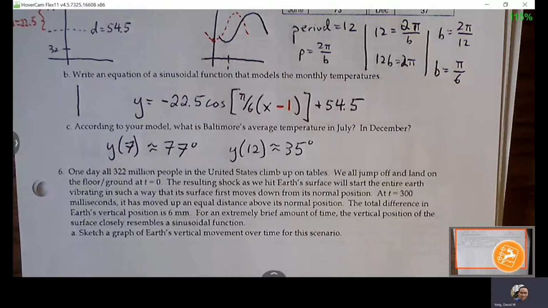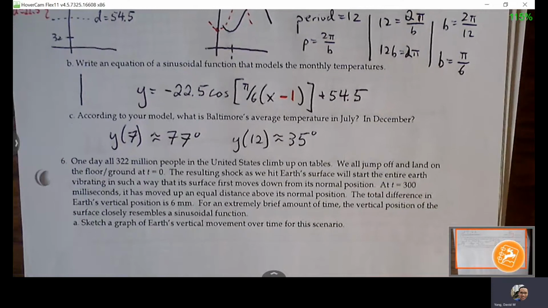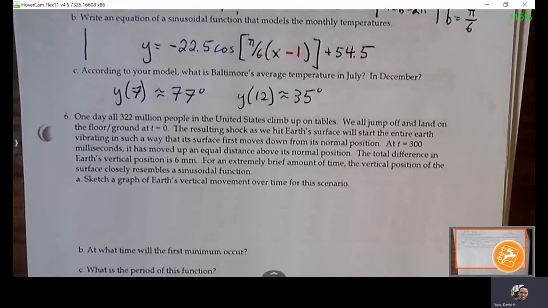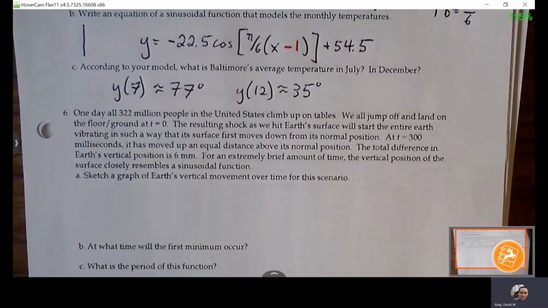Okay, any questions with number 5? Mm-hmm. How 1,000. I was mad at dimensional analysis, sorry. Okay, are we good with number 5? Okay, here's number 6. All